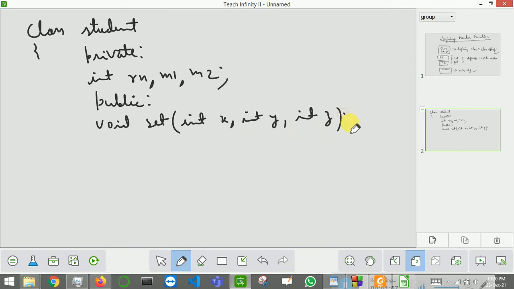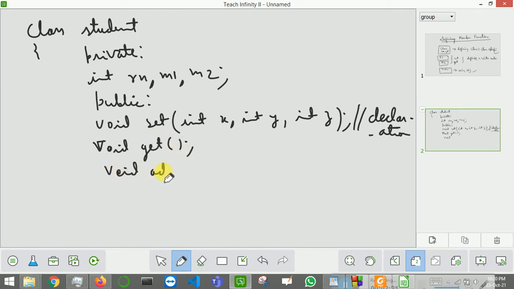So this is only function declaration, because here you are not writing the code for that function, you are only writing the name of the function and its parameters. Again let us write the declaration for get function and then void add function. So these three functions we are using in our class.